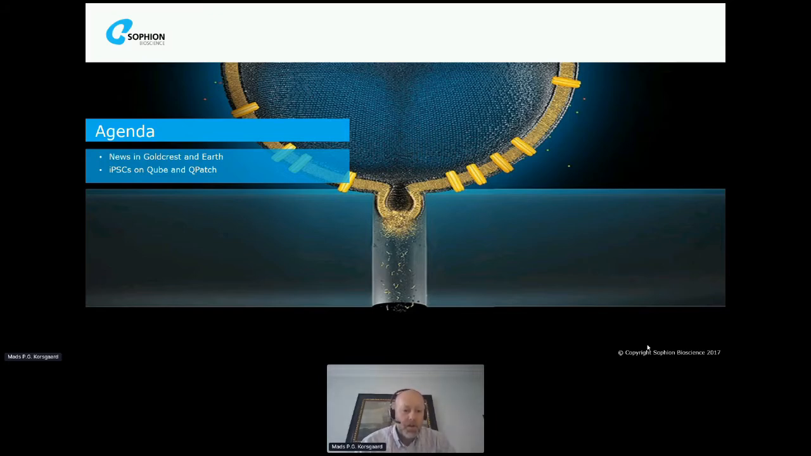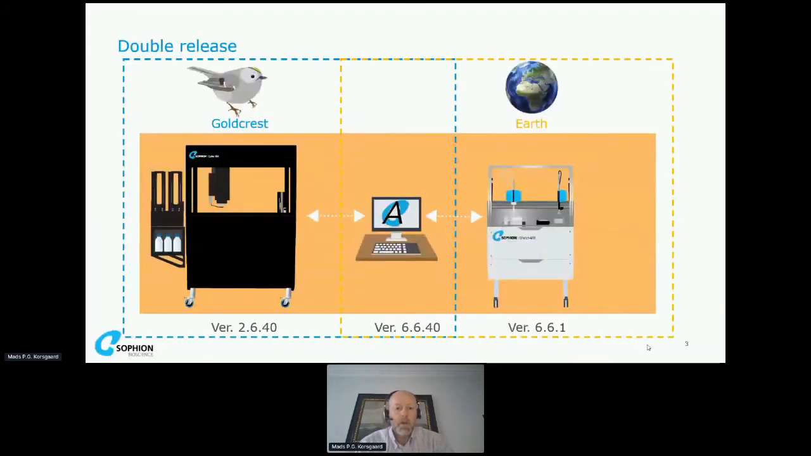Excellent. So I'll go over some of the news we have in Qube version Goldcrest and the Qube 2 version Earth, and then I'll also touch upon some of the data we have generated on iPSCs on Qube as well as Qube Edge. So, as I try to illustrate here, and as Thomas already touched upon, the two instruments have